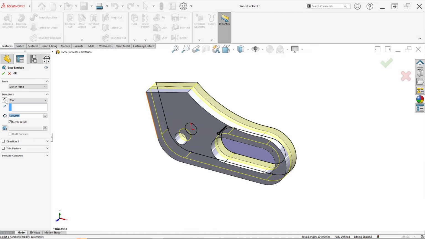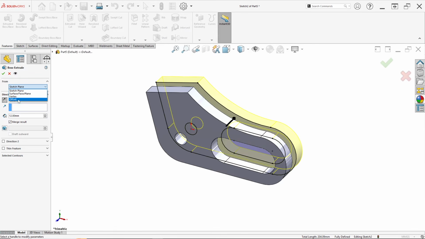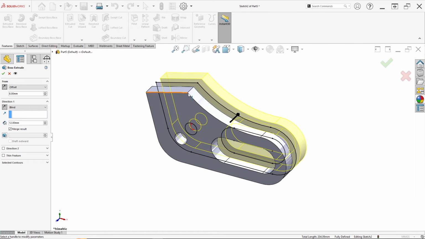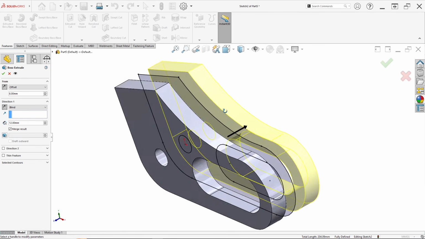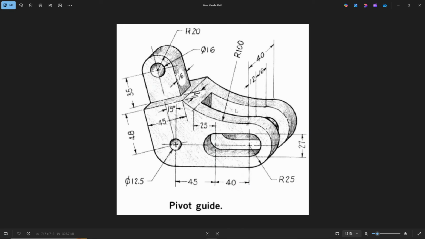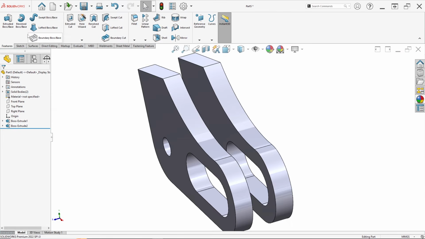For direction, we can reverse direction to here, and like before from in here we can click offset and just input 8 millimeter. But in here we reverse direction to this, like this. Just click OK, and we can check the dimension in here.